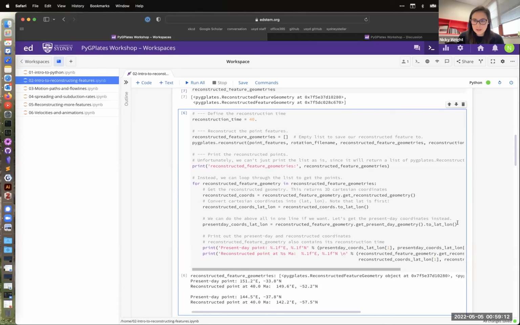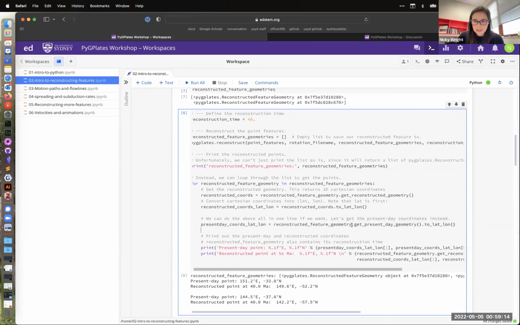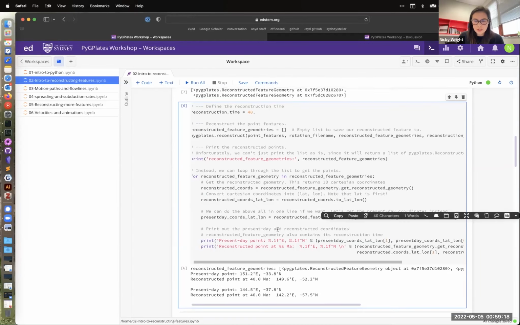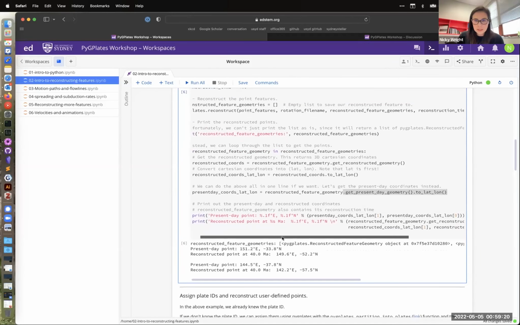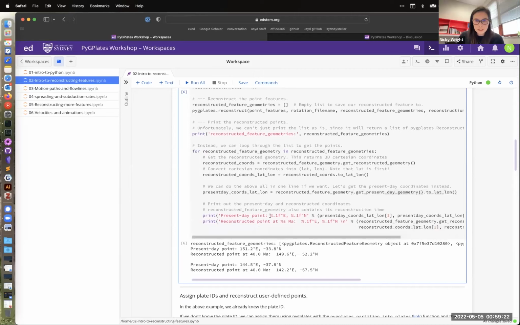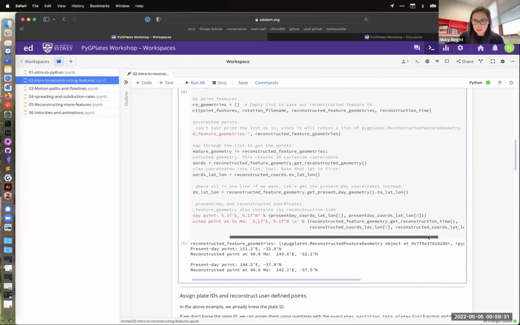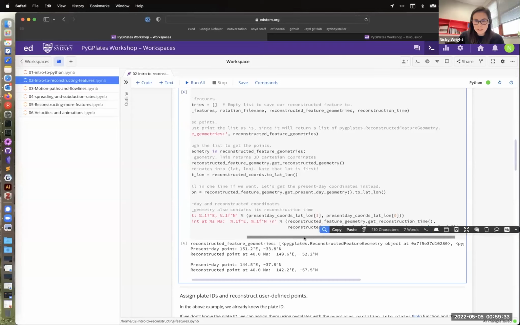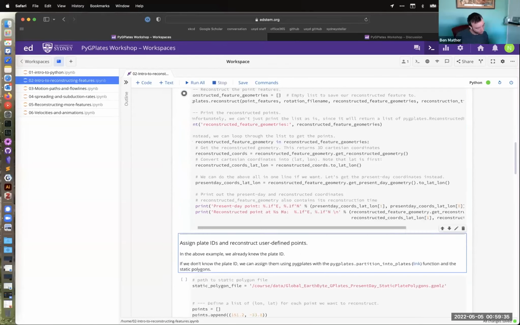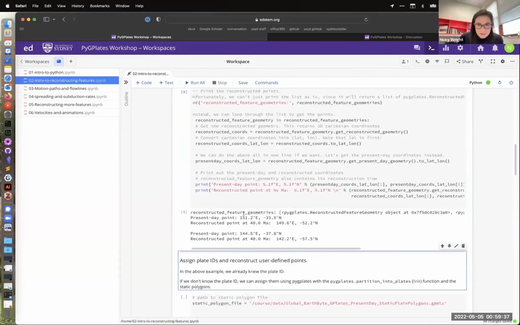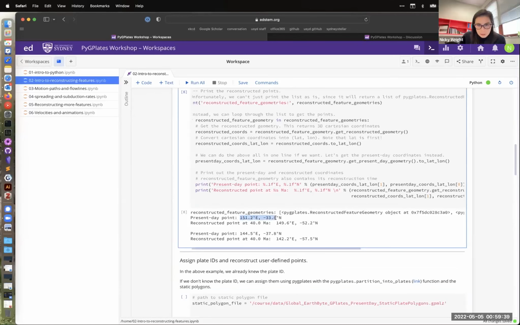So I can also get that here using get present day geometry, and then convert that into latitude and longitude that looks a bit more sensible for everyone. Then here I've just got a print statement, so it will print out the latitude and longitude of the present day, and then of the ones in the past. So when I run that, you'll see our point,